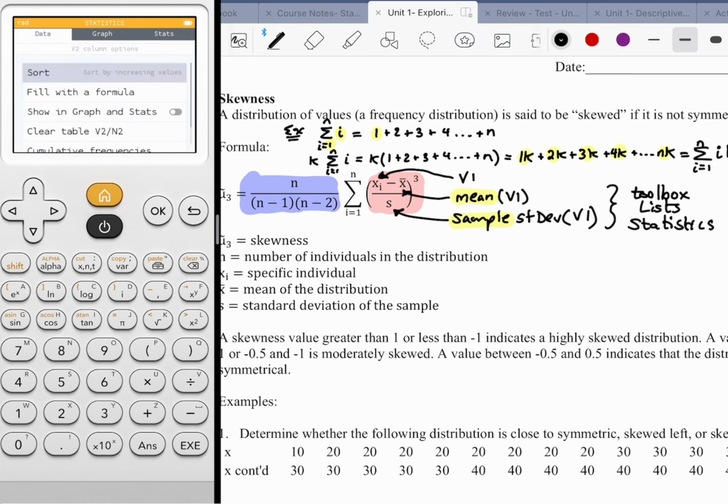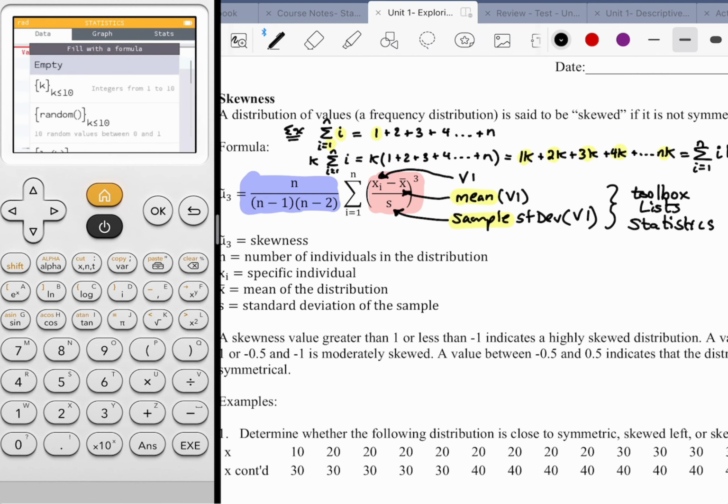So all we're trying to do here is get that pink expression, the one I highlighted in pink, (x minus x bar over s) cubed. So we go to fill with formula, empty. We need to open parentheses for the power of 3. We need to open parentheses for the numerator. So shift alpha division to bring up the V,